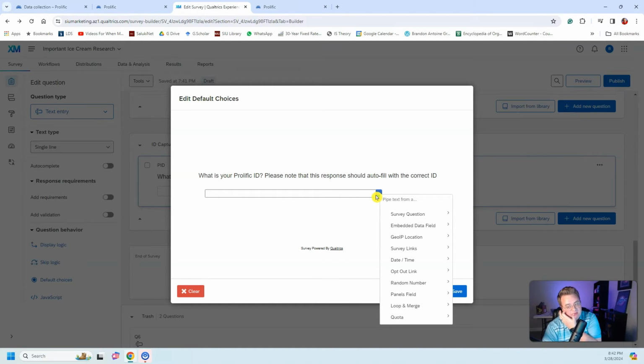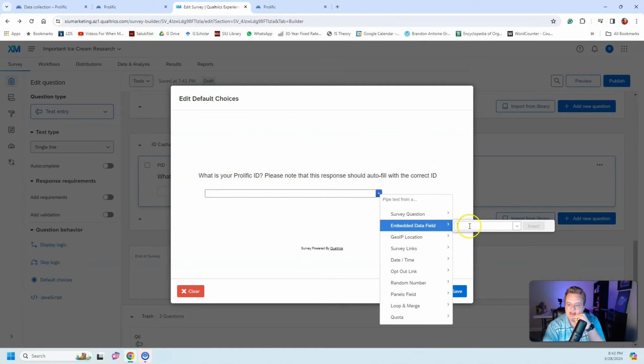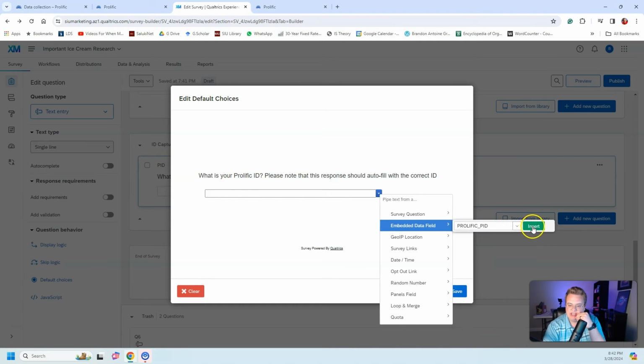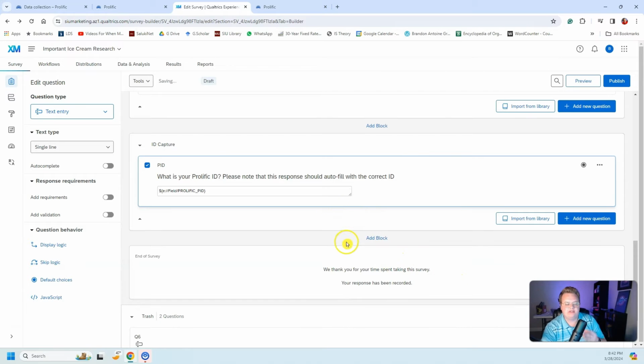We can do a couple different things. We can do all this information here, but I'm going to embedded data field, and when I hit this down caret, we're going to select Prolific PID and hit insert. So you should see this $E / field Prolific PID, all that information right there. Essentially, it is code telling Qualtrics to fill in the embedded ID for Prolific PID from those URL parameters. All right, so now that we have created this field that will automatically pull the embedded data,